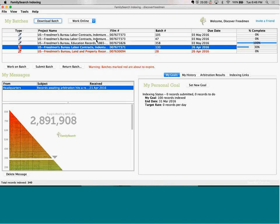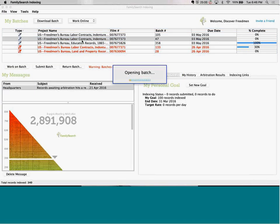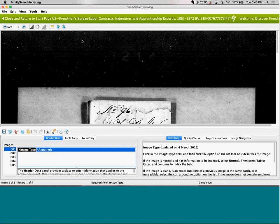Let me open up a batch that I've actually worked on before. So now I can go up here. That was the one on top. I think this is the one I had earlier. And then,